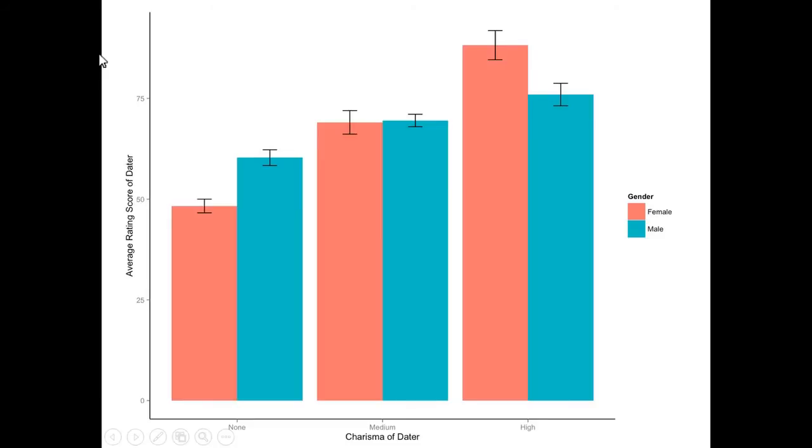So you're getting that interaction because for none, females are lower. For high, females are higher. Or you can think about this as guys are pretty much all equal, but for girls there's a big effect of personality,